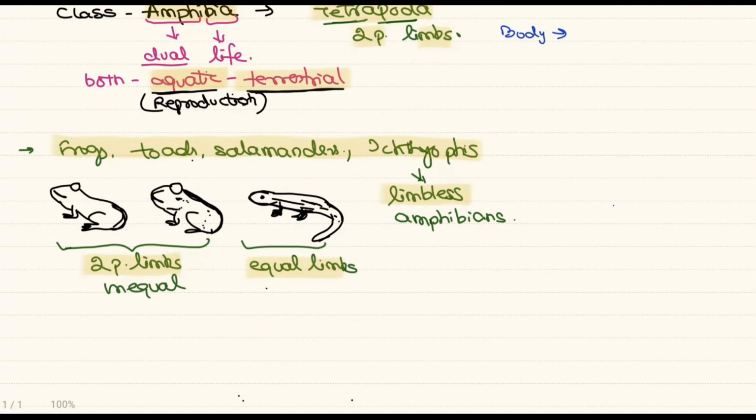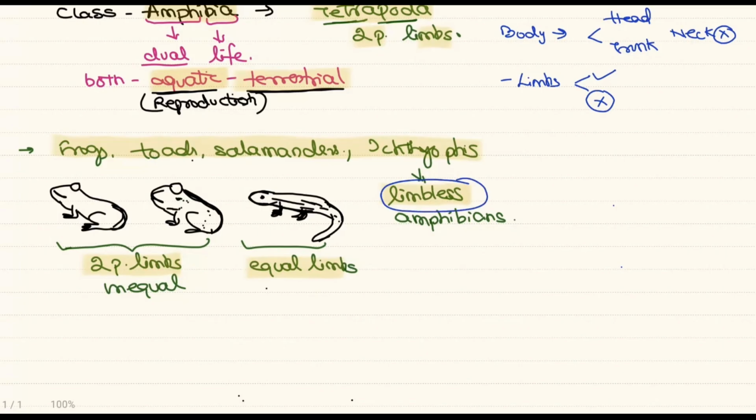As you can see in the diagrams, the body is divided into 2 parts, head and trunk. Neck is absent like in fishes. However, limbs can be present, and limbs are absent in the limbless amphibians. Coming to the structure, the skin does not have any scales. So scales are absent. So skin is generally smooth and kept moist so that the skin can also help in